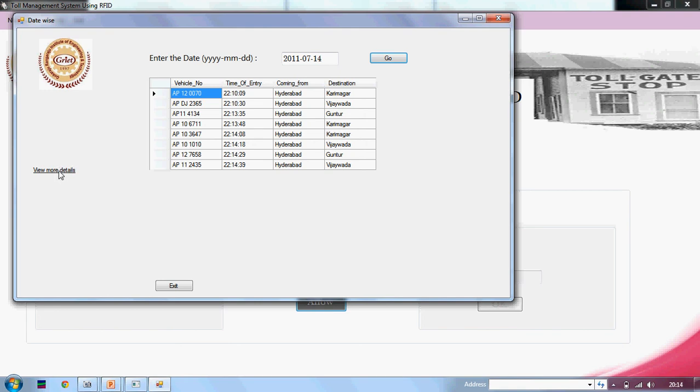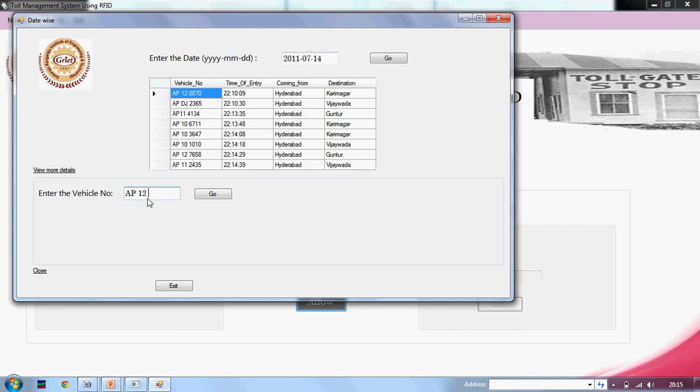Now, if the person in charge wants to see the details of a single particular vehicle, I click on View More Details. From the above mentioned table, you can just enter the vehicle number whose details you want to see. Those details contain his name, phone number, address, and all the other authorized details from the RTO office.